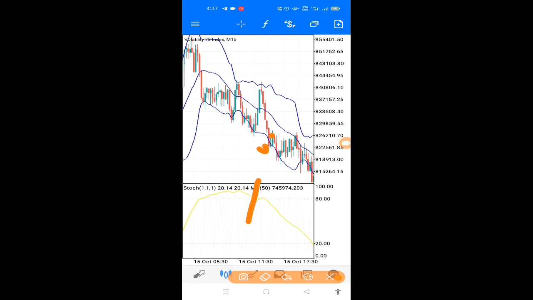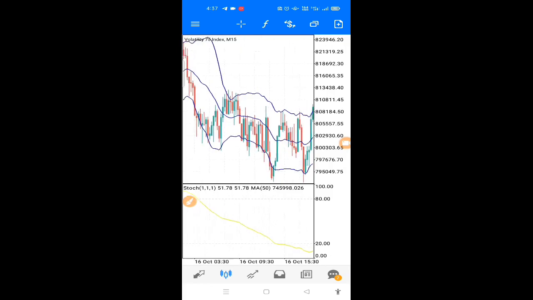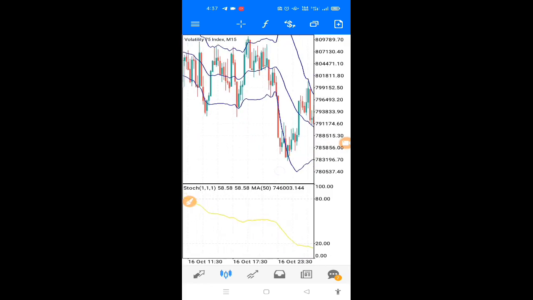So that is why you need to be careful, and that's why I added indicator window 1, where you have the moving average on the stochastic, so that you can really know the one to make entry with and the one not to make entry with. Whether you are using 15 minutes or 1 hour, you need to understand that and use it appropriately. Now, coming to this side,